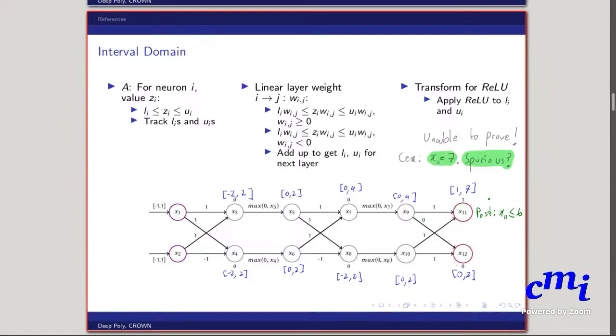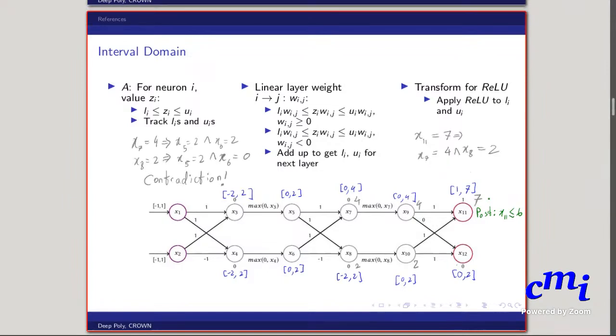Yeah, it's spurious because you can't have 4 and 2 at x7 and x8 at the same time, because if you sum those nodes, you'd basically get 2 copies of x3. So the sum should be at most 0 to 4. Right. Precisely. So if we keep pulling backward, what we should get at x7 and x8 is 4 and 2, which is what you were saying. But for that, we need